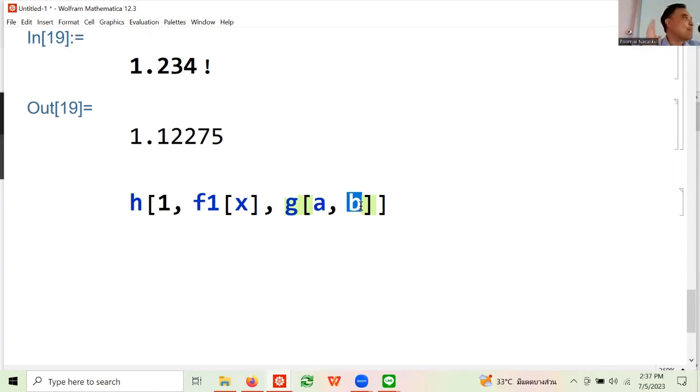Notice how compact this is. If I were to write this in a cooking recipe, I would have to do exactly what I just told you, right? Do this thing to A and B, put it aside. Do this thing to X, put it aside. Bring 1, add, I'll put all these 3 things and do something to it. But in a function language, it's very compact.